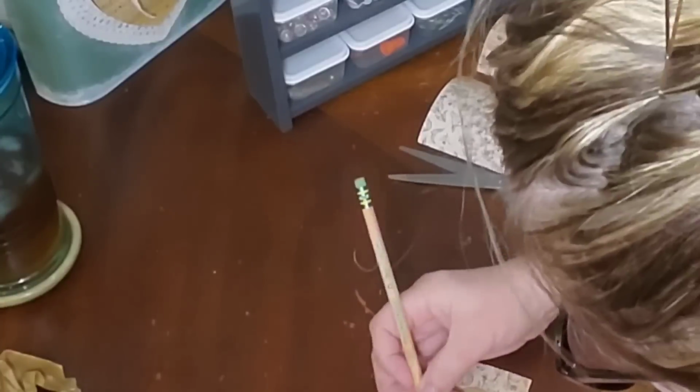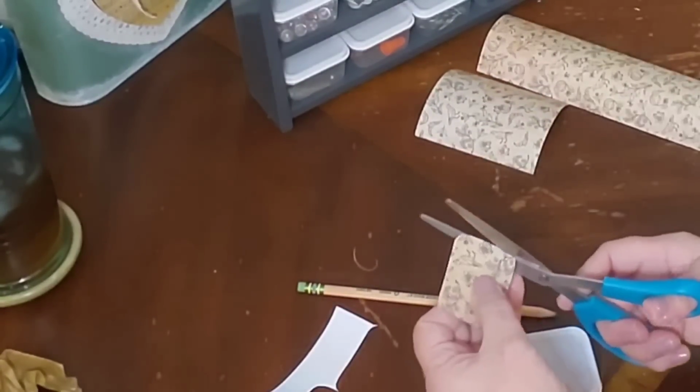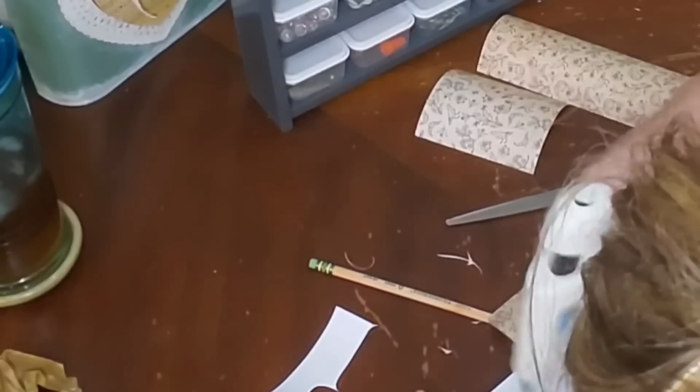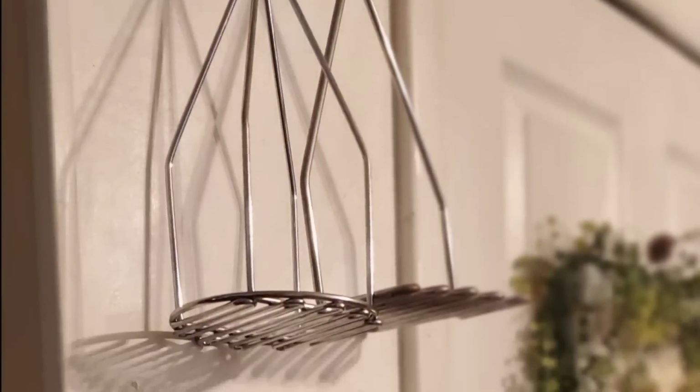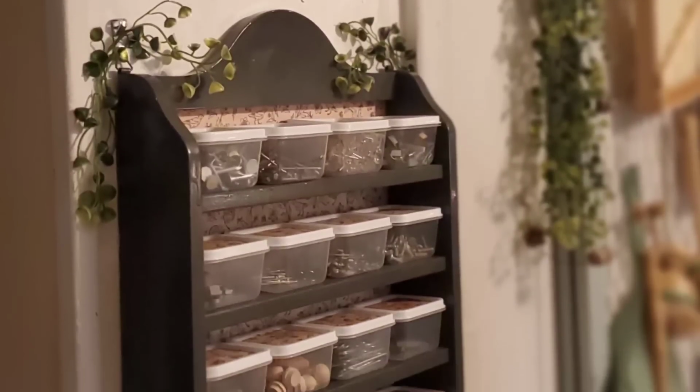Now, I sorted those out into the 20 little tiny containers, and then I thought, I could make the containers even cuter. So I cut the paper to fit the tops of those. Now that's just the corner of my kitchen,